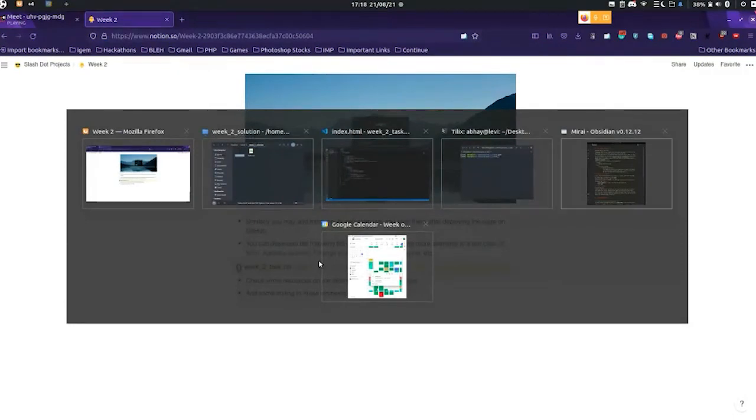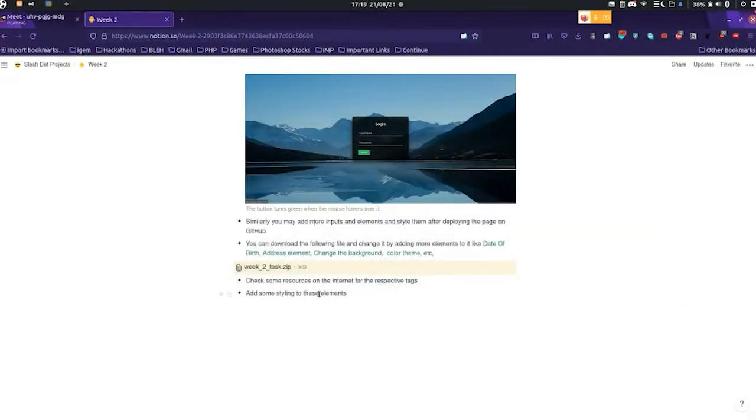And if you want some help regarding this, you can also visit our Discord. You can ask your doubts on Discord. Like if you want to know how you can change the opacity, we might provide you some links where you can check which certain attributes or properties allow you to add opacity or change the font.